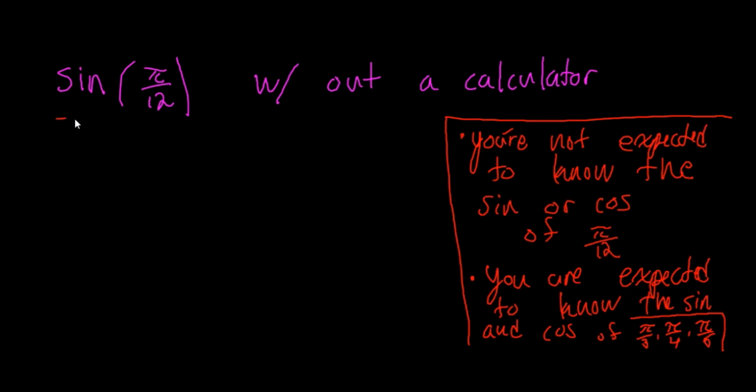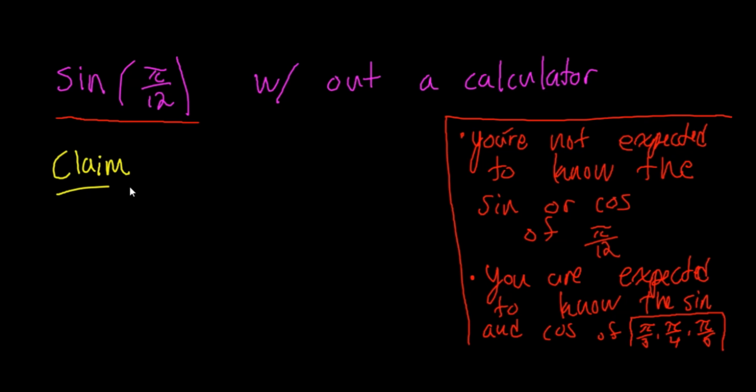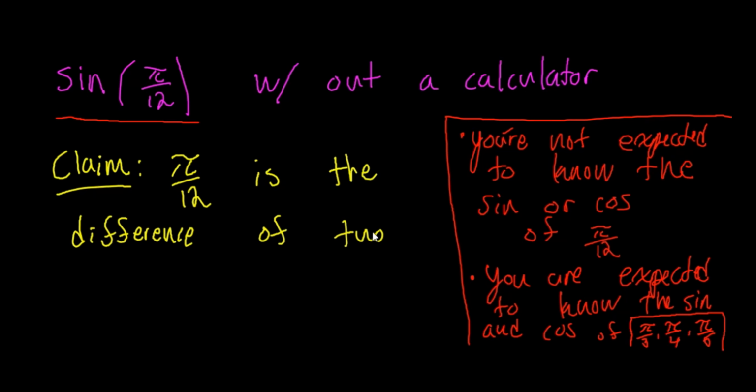Then how do we rewrite sine of pi over 12 in terms of sines and cosines of these three angles? Well, we can use the angle addition and subtraction identities. You might be wondering how in the world these identities are going to come to our rescue here. Well, check this out. I'm going to make the following claim: I claim that pi over 12 is the difference of two angles